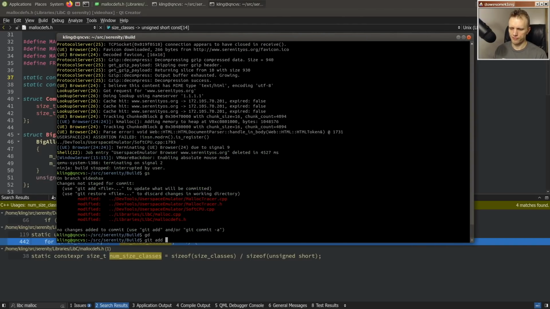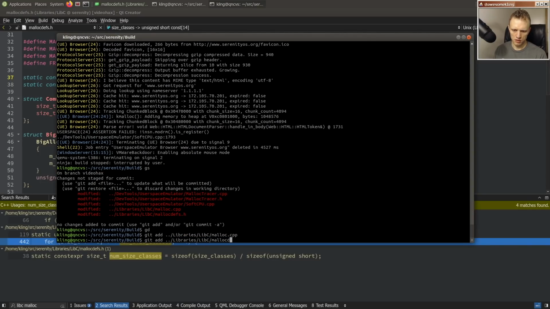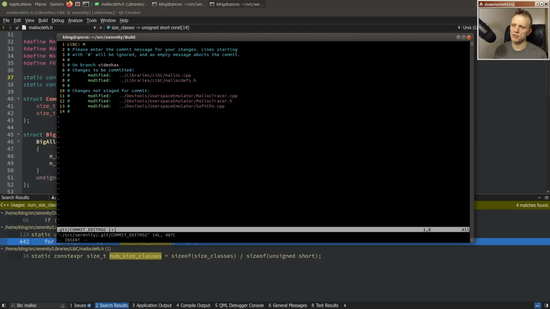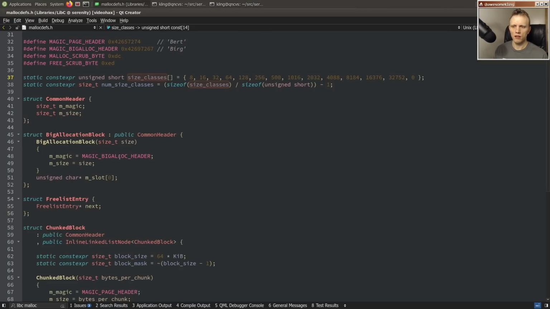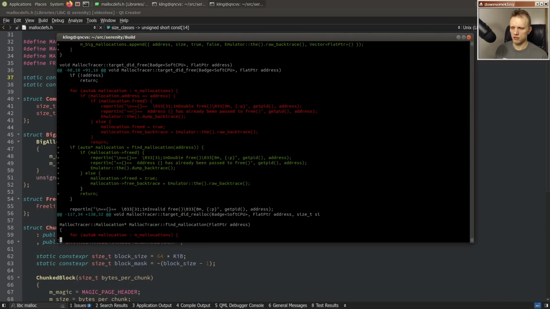First off, we'll do the libc changes. So, libc: move some of malloc's data structures into malloc-defs.h. This allows UE to see what the heap metadata looks like. Yeah, that's helpful. And then